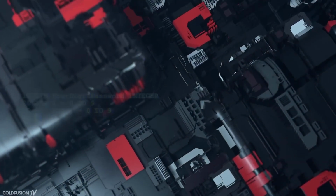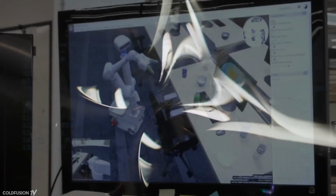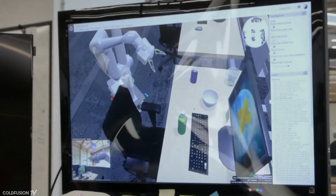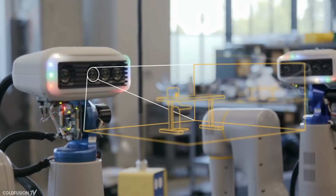To speed up the learning process, the software was trained in a virtual world so it could gain the benefits of knowledge through a simulated environment, but without having to spend mass amounts of time in the physical world. We can really multiply our impact by having the robots also practice how to do things in simulation. We can do things like simulate many other buildings and many other types of